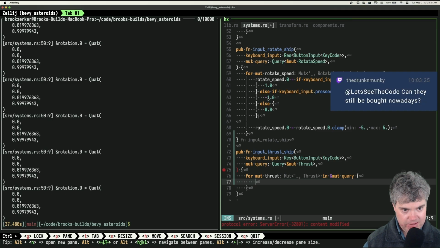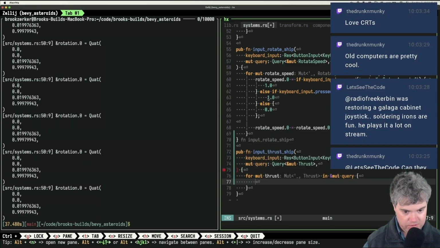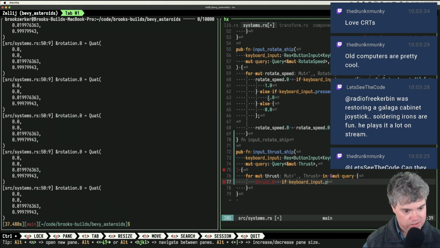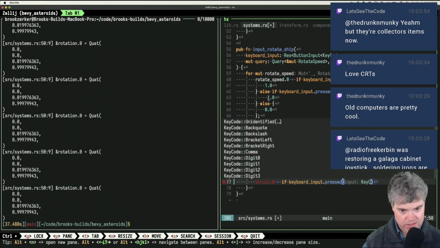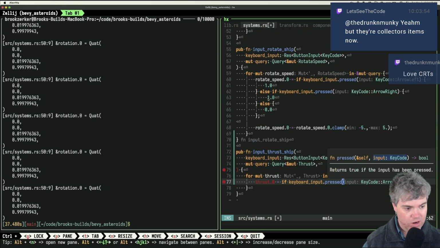So I want to just say thrust.0 is going to be equal to if keyboard input pressed key code up arrow up.